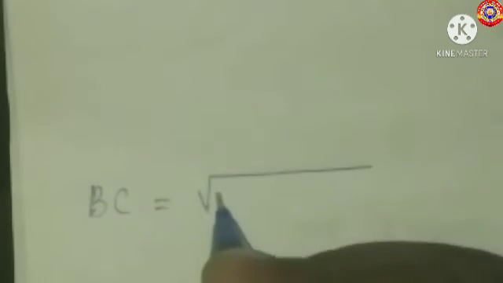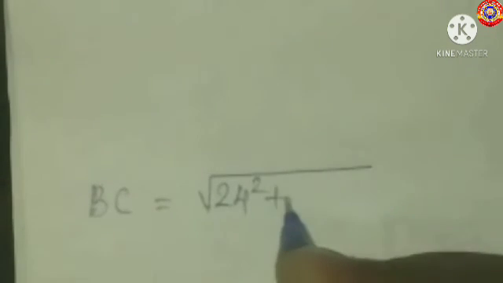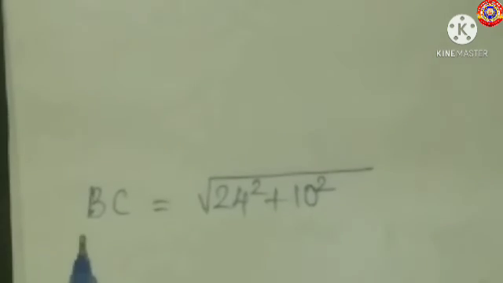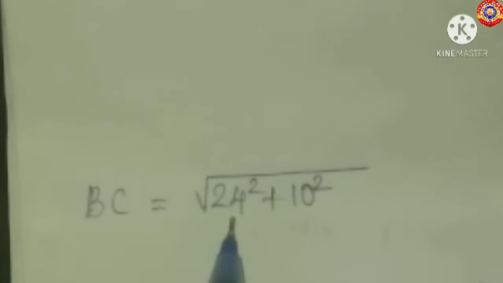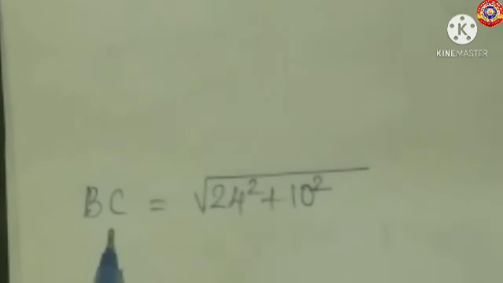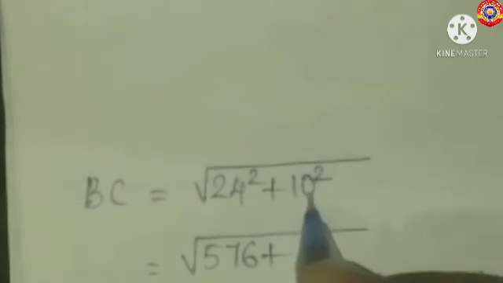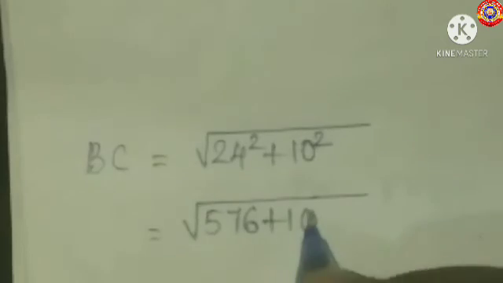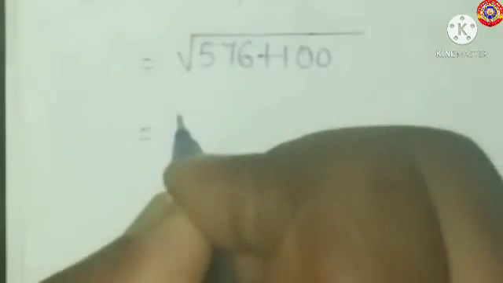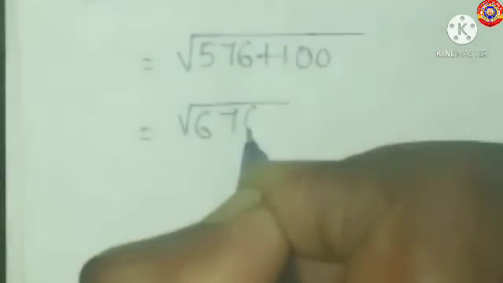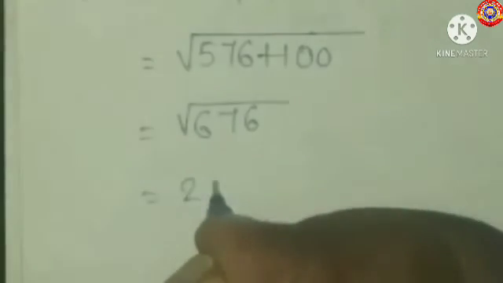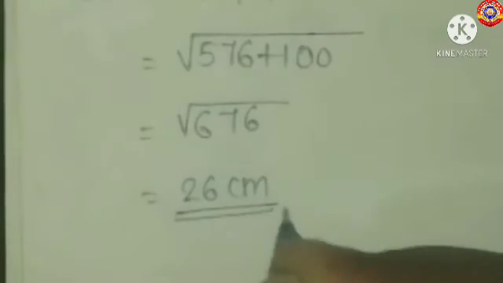That is BC equal to root of 24 square plus 10 square, because BC is the hypotenuse. Pythagoras theorem says that hypotenuse equal to root of base square plus altitude square. That is, what is 24 square? 576 plus 10 square is 100, which is equal to root of 676, which is 26